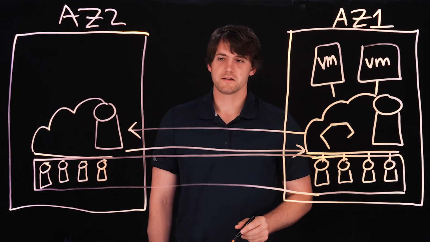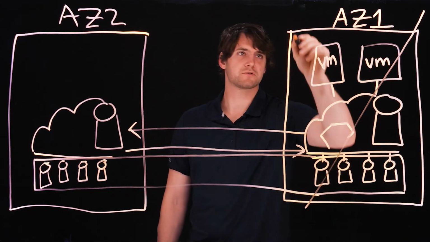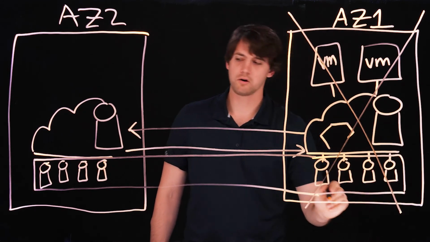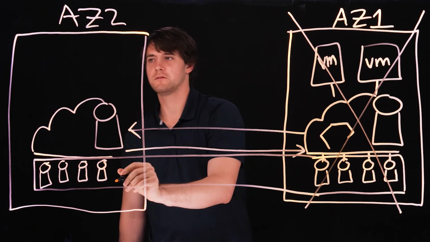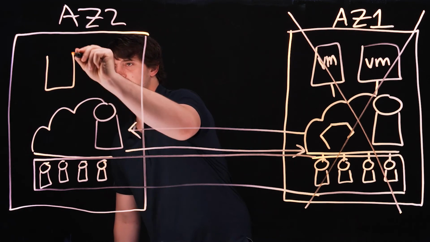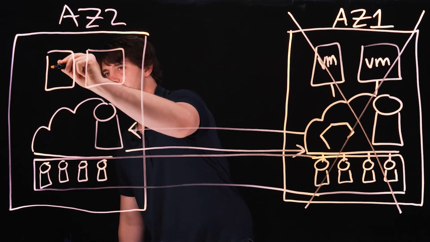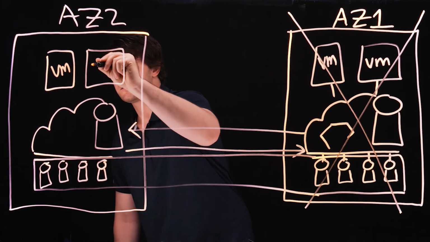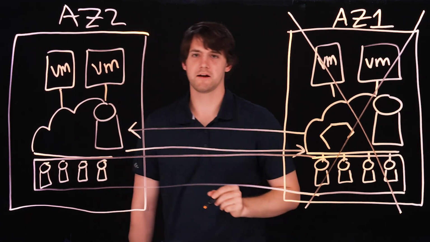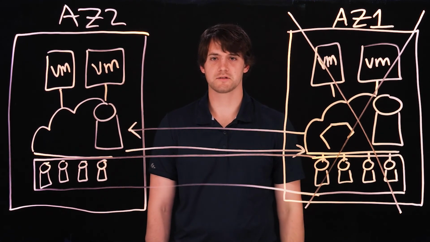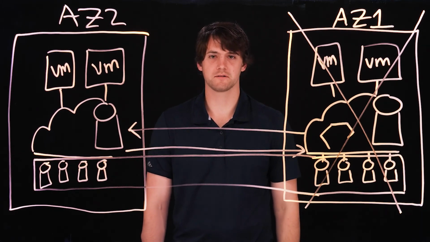What happens now is, if you lose this first availability zone, if some disaster happens or some outage happens, all of your data is already available in AZ2 and fully ready to go. You can either have your VMs pre-provisioned on this side, or you can provision them at the time of disaster recovery. But regardless of which way you do it, you can immediately pick up right where you left off and continue to operate your applications. This is something that can be very hard to do without a technology like Cloud Block Store.